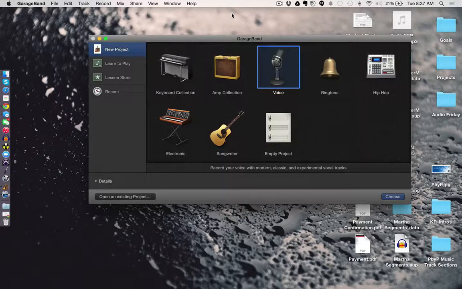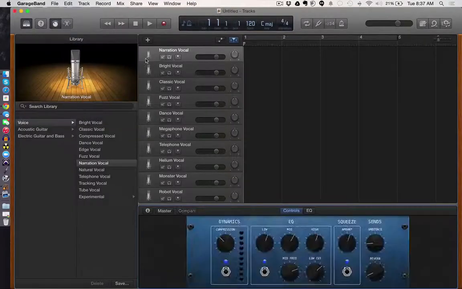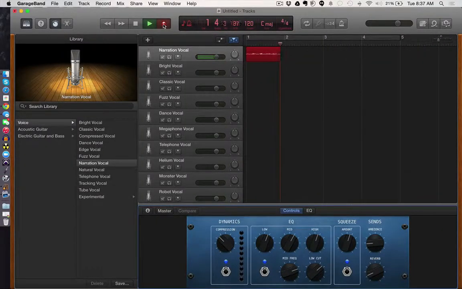And today I wanted to walk through how to quickly record on GarageBand and get it out and launched into a file format that she can use for her podcast. So what you want to do is launch your session in GarageBand so you can actually have a track that's available. And then once you record that track, I'm not sure if this is going to record since we're doing both, but it looks like we're going to record something. So whatever track we're going to record, you have that recording, you have the track going, and then at some point in time you can save that track. So you're going to stop the track,